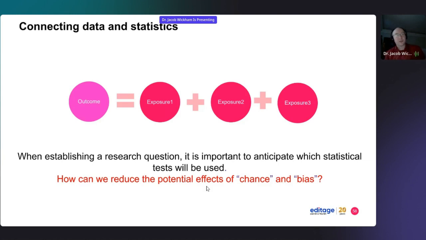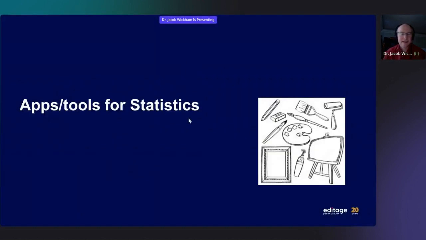When you're establishing your research question, it's important to anticipate which statistical tests will be used, parametric statistics or non-parametric. I gave you the Levene's test and the Shapiro-Wilk test to test for normality and then homoscedasticity, the equal variances in your populations. So basically, you can try to reduce the potential effects of the bias by using random sampling, and then the probability of each sample point. You want to have independent data where the chance of inclusion in the experiment is equal for all data points, and that leads to less biased statistics.